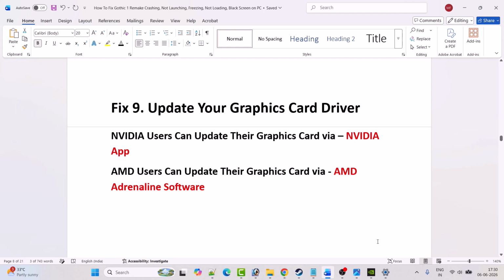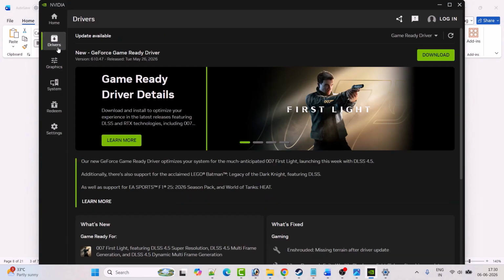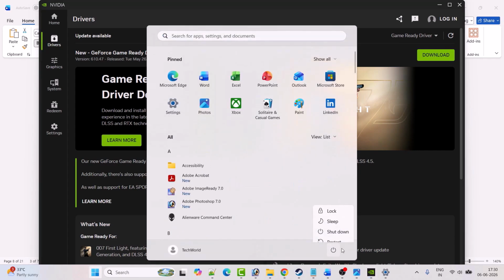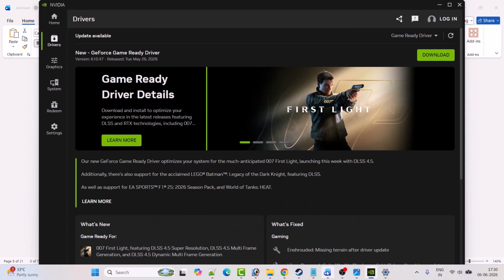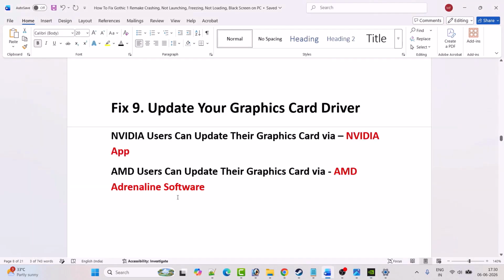So NVIDIA users open the NVIDIA app, go to the drivers tab, and here you will see check for updates. Click on it, and if there are any updates available, then download and install it. And after updating your graphic card driver, just restart your PC. Don't forget to restart your PC. And after PC restart, go ahead, launch the game and check. AMD users open the AMD Adrenalin software and then look for the graphic card driver update, and if there are any updates available, then download and install them, and then just restart your PC and then launch the game and